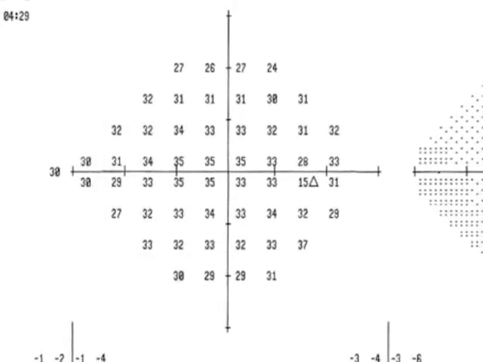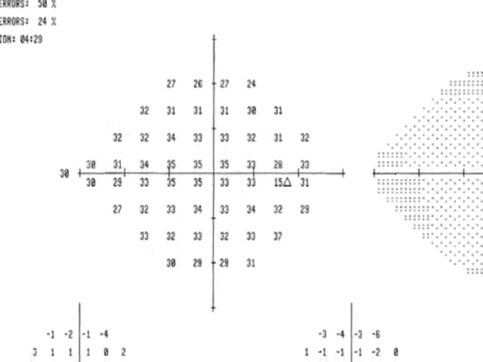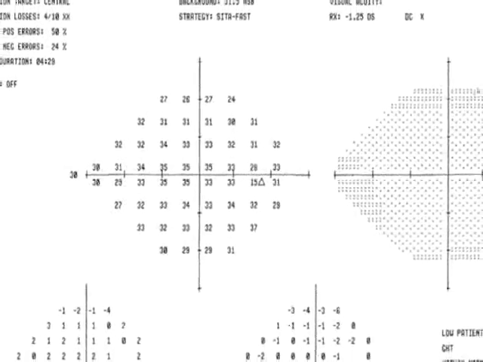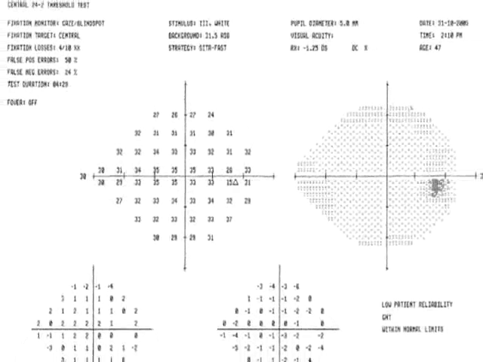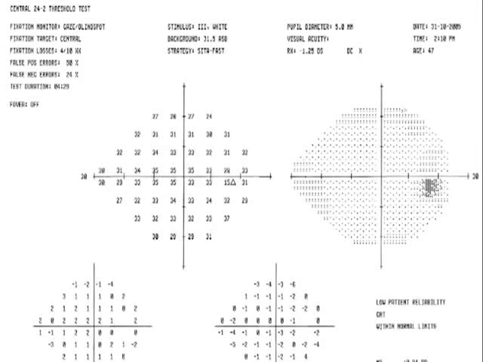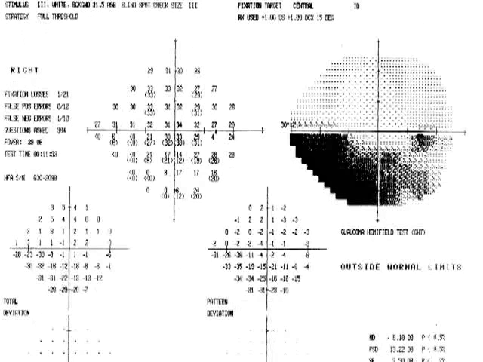When the person sees the flash of light, they press a button. The results are printed as a numeric value for the sensitivity at each point and then represented as a grayscale picture to aid interpretation. This is typically used for screening and monitoring of glaucoma. Here is a normal Humphrey field, and here is an arcuate defect in glaucoma. This is termed static threshold perimetry, as the stimuli are shown in fixed grid positions to establish the threshold at